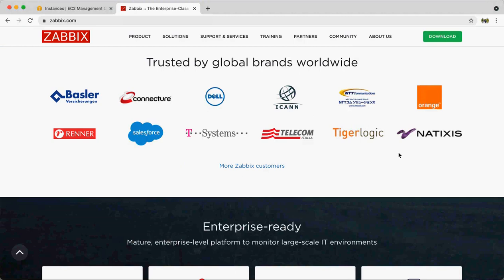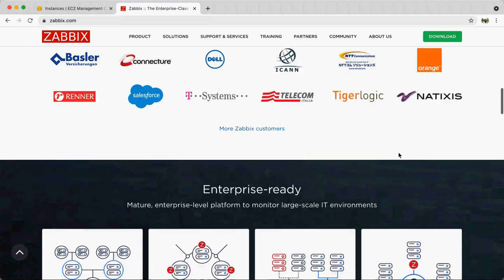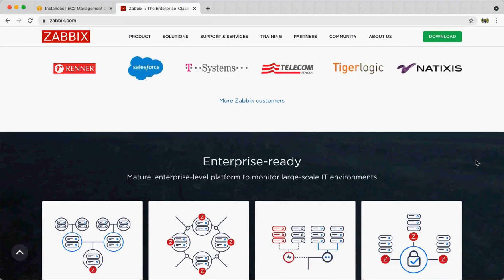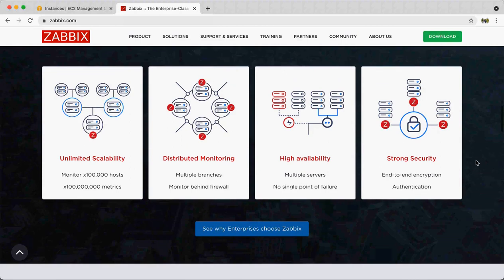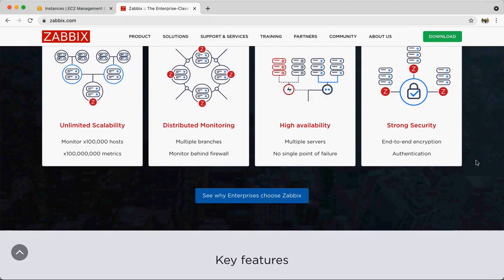So it is used across the globe. Once you get into this part, you will also explore how to set up HA, high availability, and how we can do distributed monitoring, and those kinds of things.